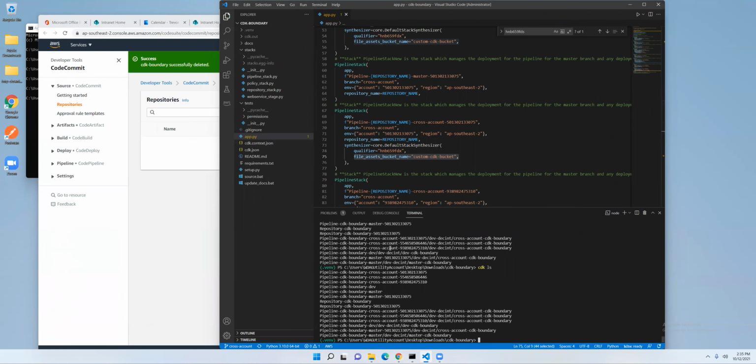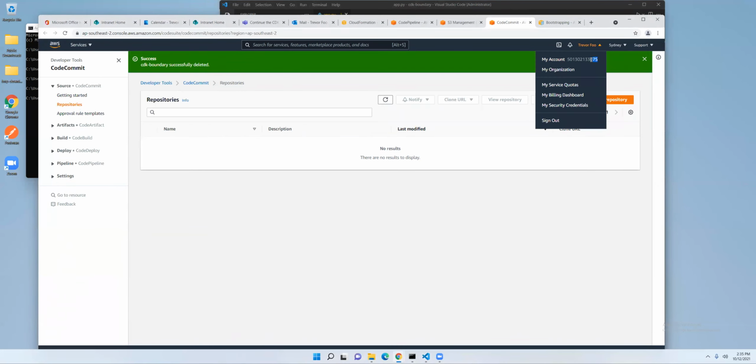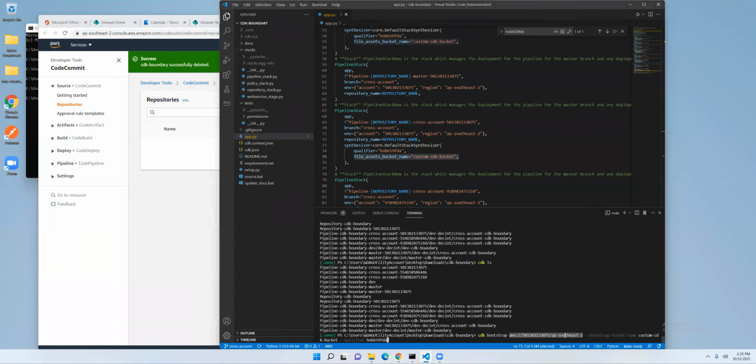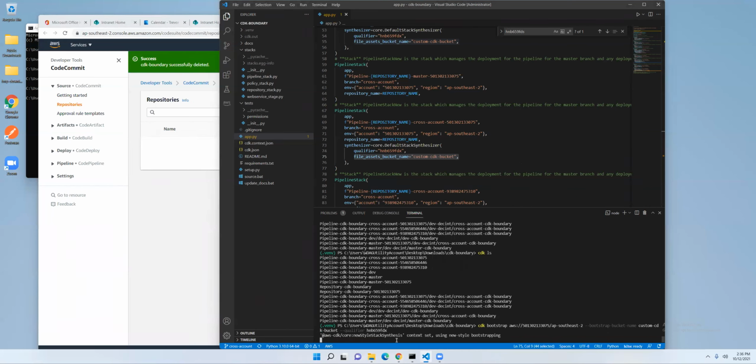That was just demonstrating that CDK is working. So the first command that I'm going to be running is CDK Bootstrap. Then I'm setting my account number, that ended in 75 here. And I'm going to bootstrap the Sydney region. Here you can see bootstrap bucket name, custom CDK bucket. That's where I'm controlling the name of the bucket that it's going to be using. And here I'm setting the qualifier. As I said, I'm going to change it from the default. I'm only going to change the last character from an S to an X. So if I just run this,